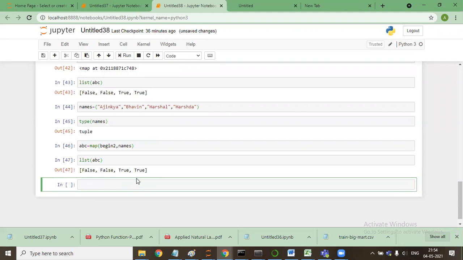So this means that it works on iterables, which means either it's a list, tuple, or any other iterable that we know. It works on all these functions. Are you guys with me? Yes. Yes, sir. Okay.